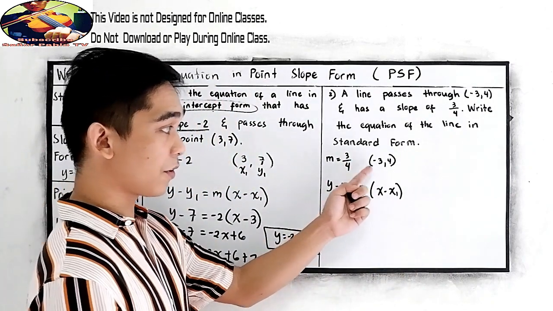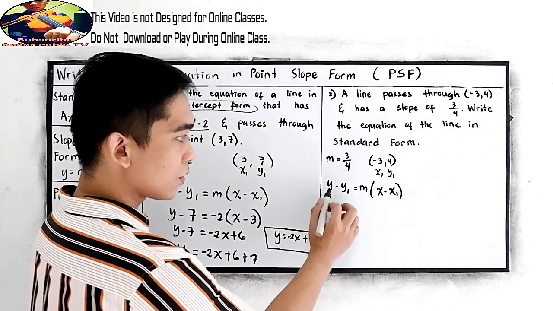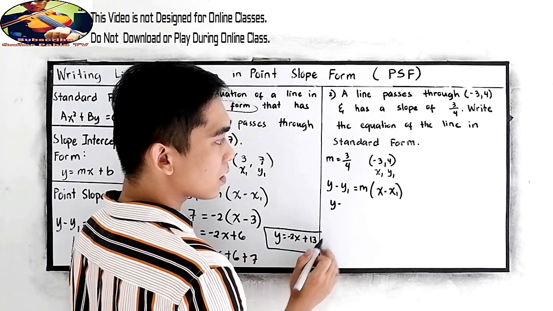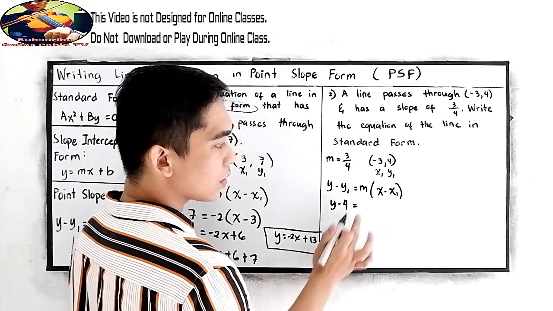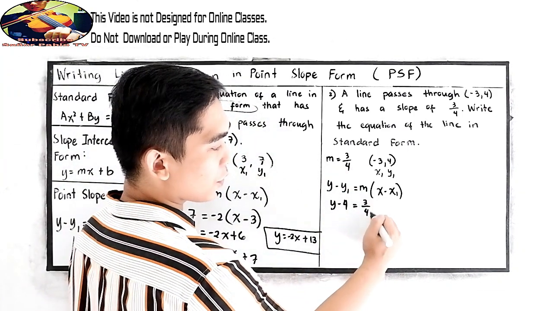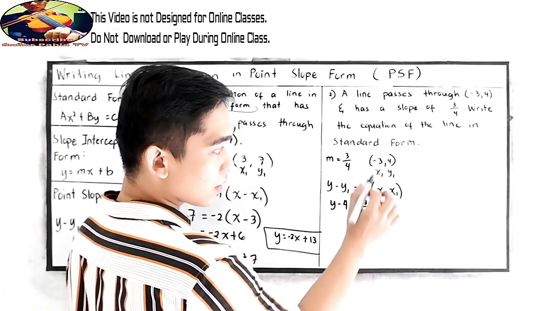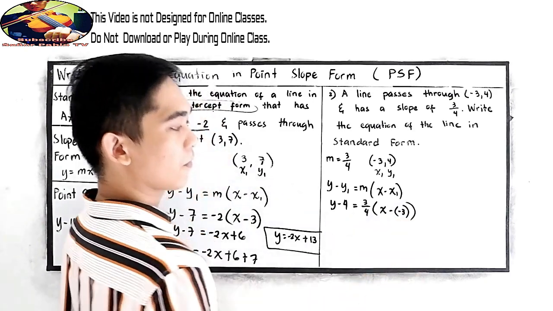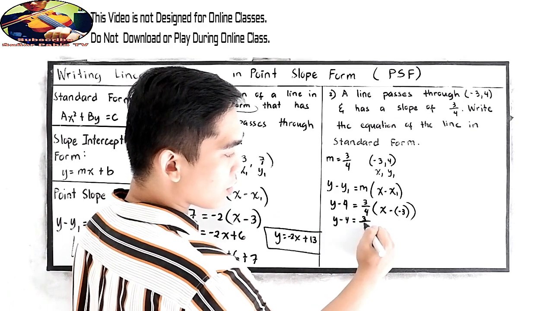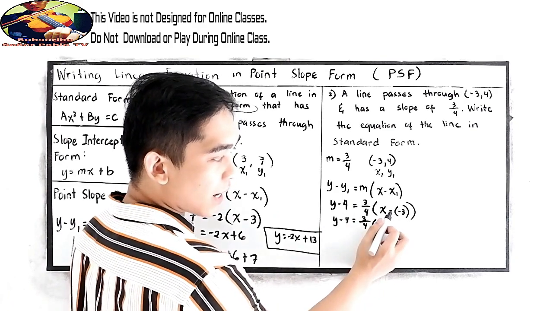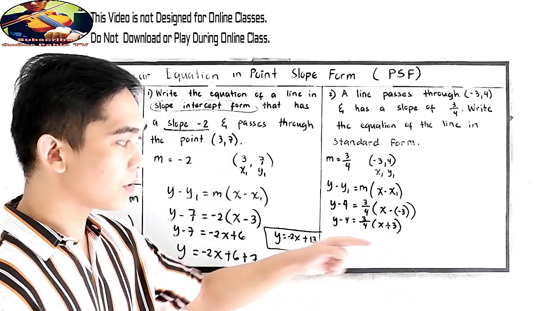Now let us substitute our given. This is our slope, the x sub 1 and y sub 1. So y minus y sub 1 is 4. 4 is equal to our m, 3/4. Our x, copy, and negative, quantity -3. So y minus 4 is equal to 3/4 x, negative times negative, that will give us +3. Distribute, or